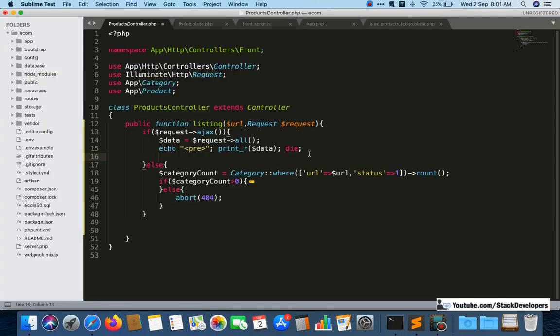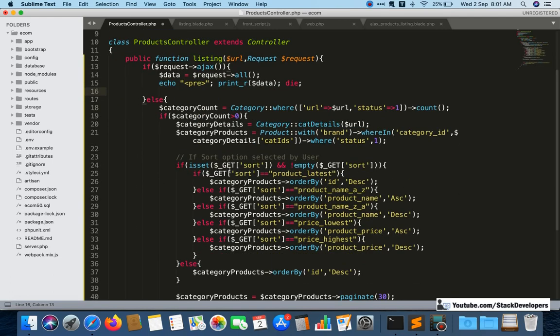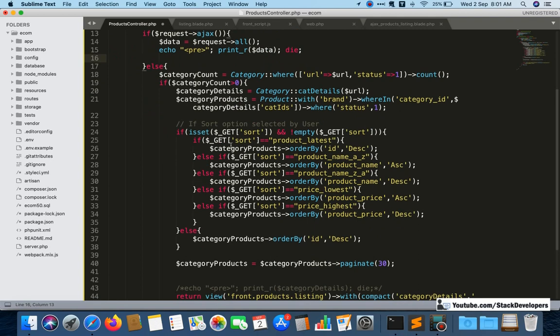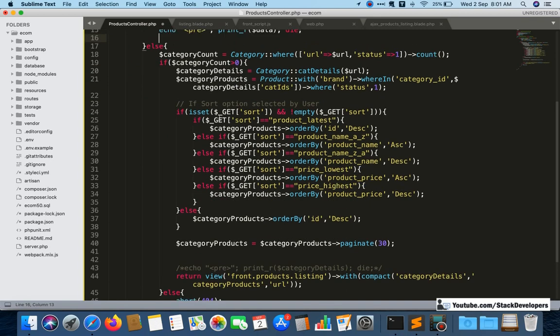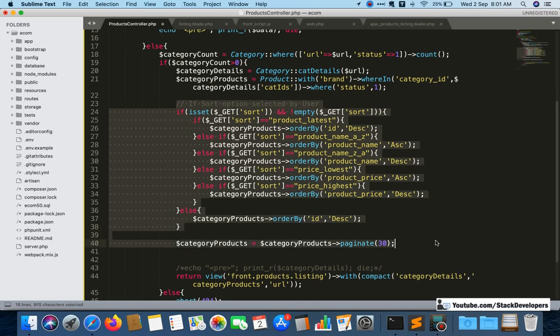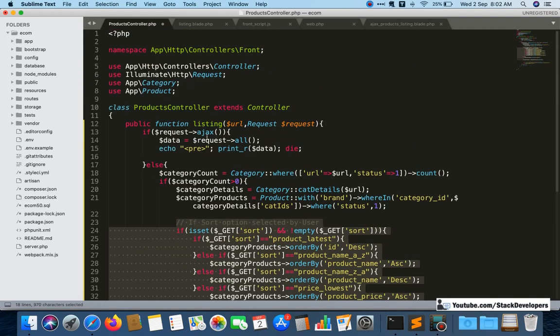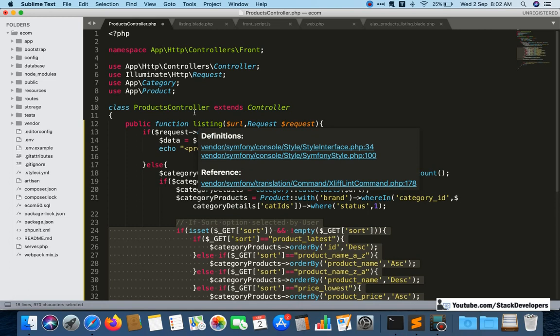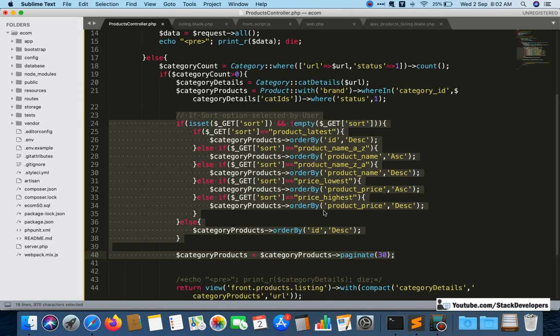So here in the else condition we can see this sort option was there, but now this sort option is not required in else, because in the else condition we know that the user has not selected anything. The else condition will work whenever the user just opens the listing page. The user has not selected any filter or any sort option, nothing; the user just opened the listing page. That time the else option will work, because Ajax is not selected, since the user has not selected any kind of filter or sort option.